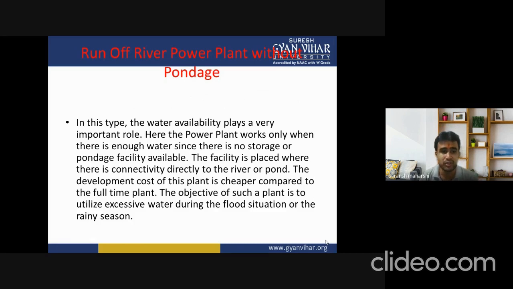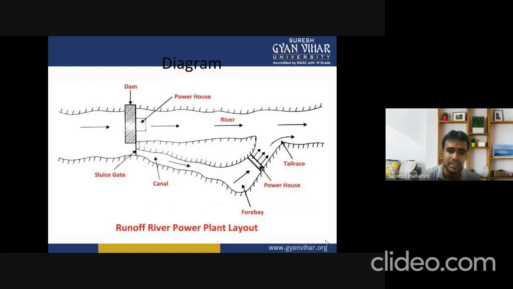और जब डेवलपमेंट कॉस्ट के बारे में बात करते हो तो इसकी डेवलपमेंट कॉस्ट हमारी सस्ती होती है विद कम्पेयर टू फुल टाइम प्लांट। द ऑब्जेक्टिव ऑफ सच अ प्लांट इज टू यूटिलाइज एक्सेसिव वाटर ड्यूरिंग द फ्लड सिचुएशंस और द रेनी सीजन। इसका यूज हम हमारे फ्लड सिचुएशन या रेनी सीजन के लिए भी कर सकते हैं। इट्स द डायग्राम्स ऑफ द रन ऑफ रिवर पावर प्लांट विदाउट पॉन्डेज।